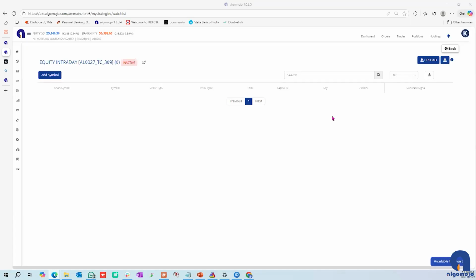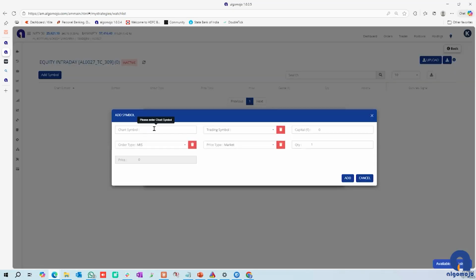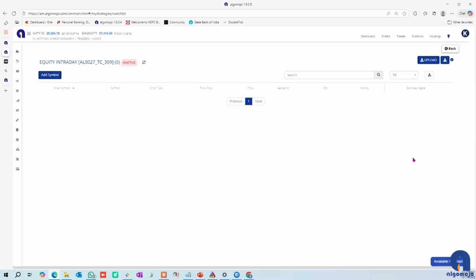How do we add that? You will need to add all those stocks also into Algomojo. Now, if you have a large number of stocks, then it becomes difficult to update each one of them. If it is say one or two of them, you can add directly from here. You can say add, give a name, trading symbol, all that manually here, or else we have given a format. Download this format,